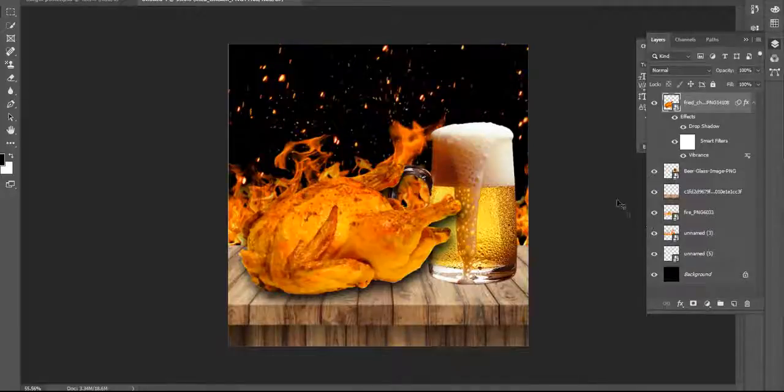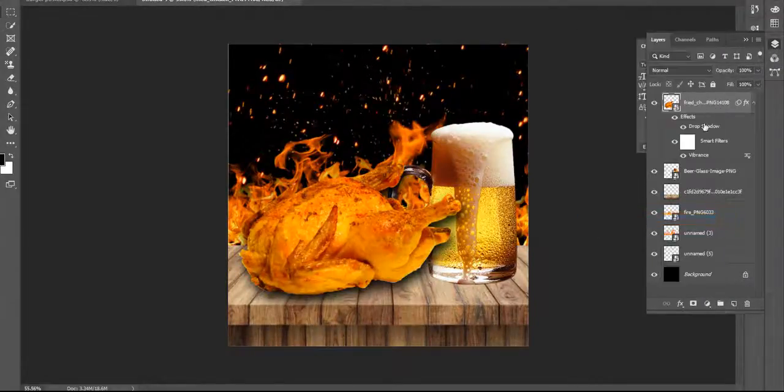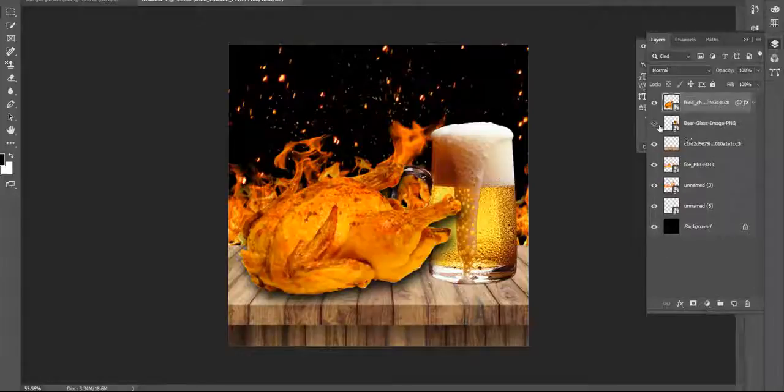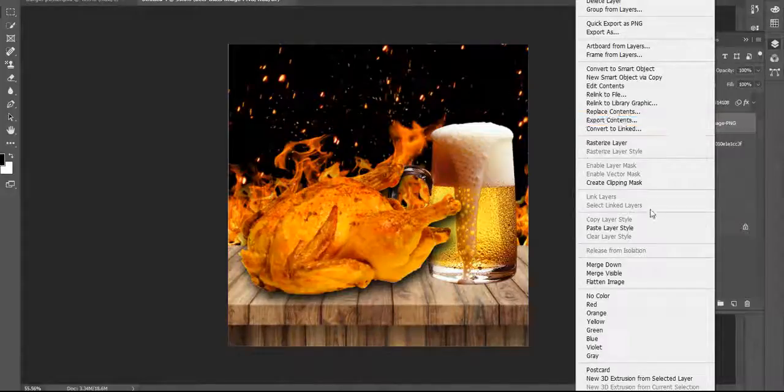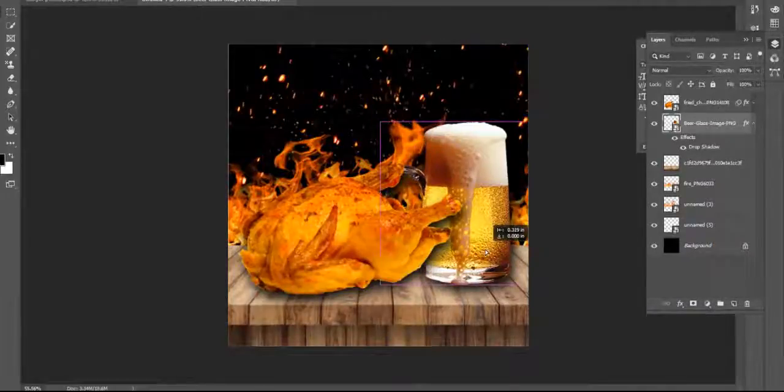Simple. Once again, I right click on my layer and copy layer style, and I select the beer glass layer and right click on it, and you can find Paste Layer Style. Just look at my glass. When I click on Paste Layer Style, the style is automatically loaded. Easy.